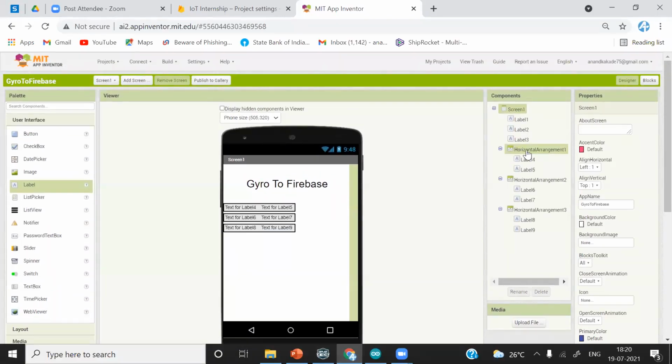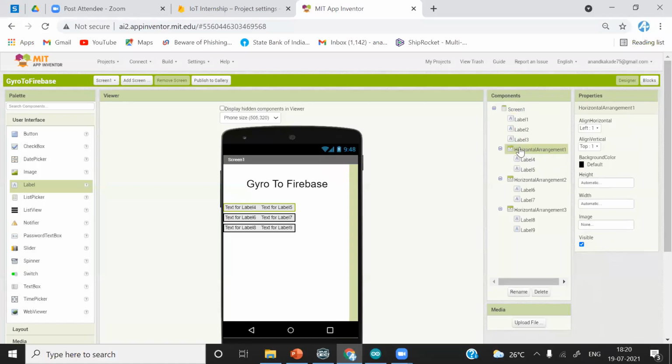You have to click on this horizontal arrangement first to change the properties related to this layout. I will make the width 100%.